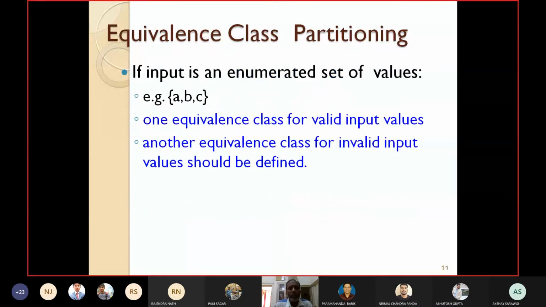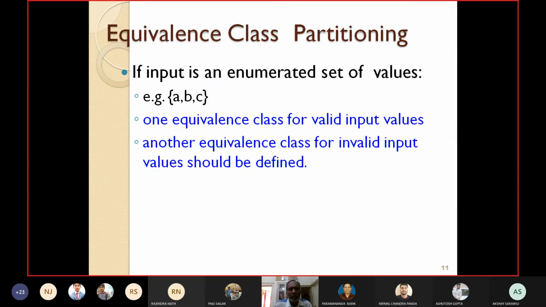Now the second guideline, where the input data is not represented as a range of values. However, if the input data is an enumerated set of values, like days of a week, dates in a month, months in a year, these are all examples of enumerated data types we have already seen in C. So if the input data is not a range of numbers but an enumerated set of values, for example, out of ABC, say one will occur, then how will we find out the equivalence classes?